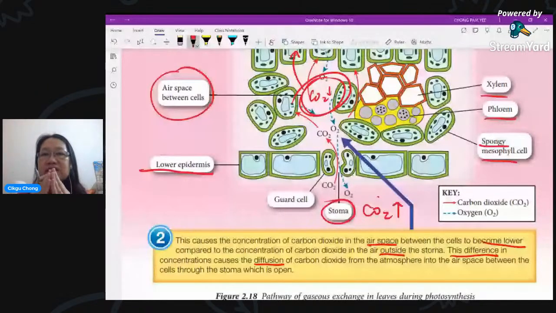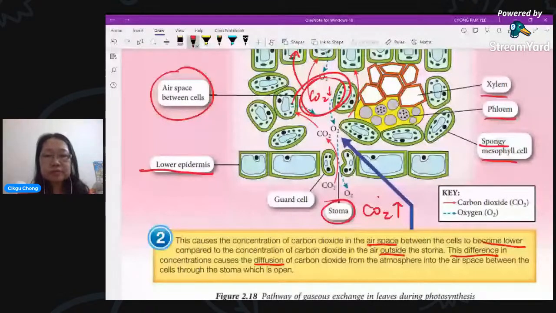Remember, because there is still respiration, it must allow the carbon dioxide to go out also. So when we say stoma closes, it doesn't mean the stoma closes 100%. This is not true. The stoma cannot close 100%, because if it did, respiration could not happen. Oxygen cannot go in, carbon dioxide cannot go out, and the cells will die. So when you say stoma closes, it doesn't mean 100%. You must allow some oxygen to move in as well.